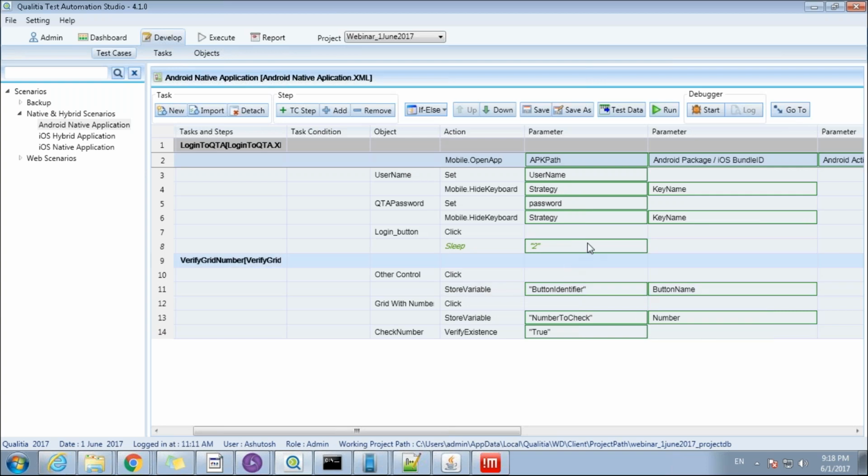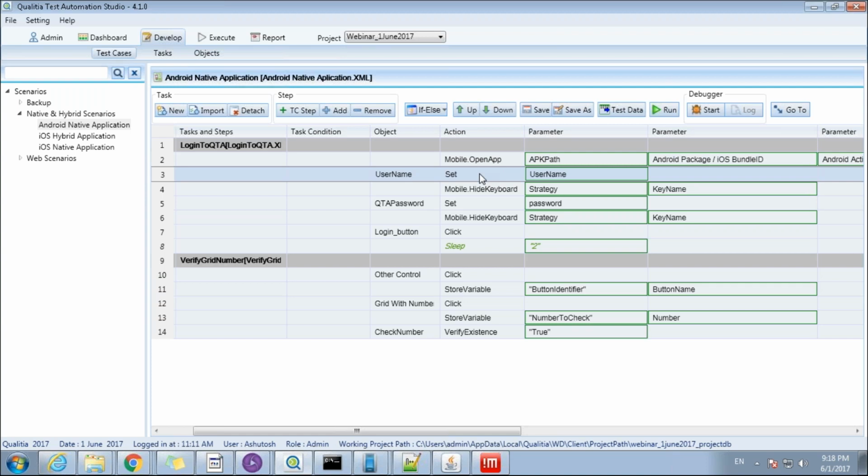Okay, and we'll run this test case, but let me explain what this test case is all about. For this particular test case, we'll be using an app which we have developed in-house, where just like UIKit catalog, we have placed multiple controls in that app.